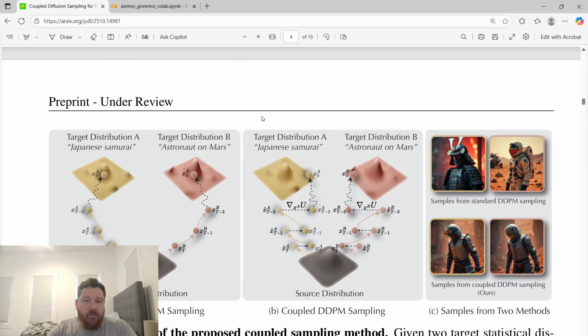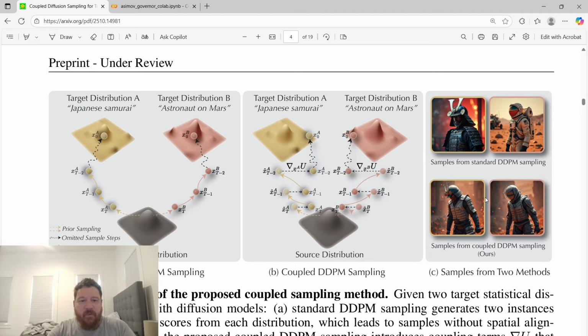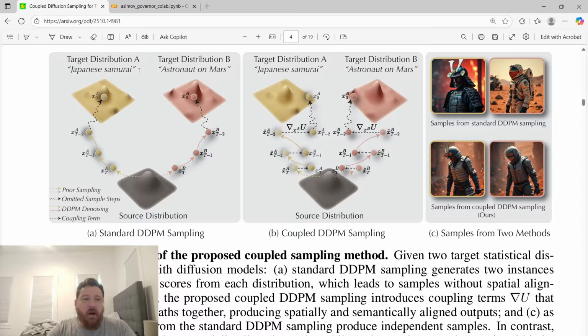So their algorithm essentially boils down to this. On the left hand side here, what we have is the typical diffusion process for when you want to merge two concepts. On the right hand side here we have a samurai and an astronaut. So if you asked it, I want a samurai astronaut on Mars, right? Which is exactly what they're showcasing here. So essentially you have two